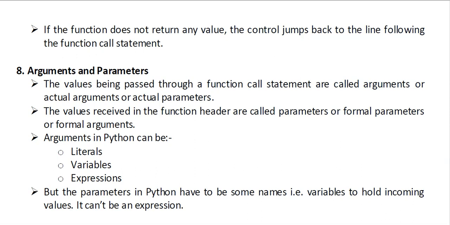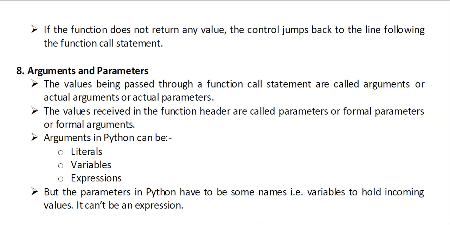But actually both these names are used simultaneously. You can use arguments or parameters, but there will be a question: what is the difference between actual arguments and formal arguments? This will be a question and you have to give the answer with an example. So what are actual arguments? The actual arguments are those that are passed in the function call, and the names that are mentioned in the function header, or the names that receive those actual arguments, are called formal arguments or formal parameters.